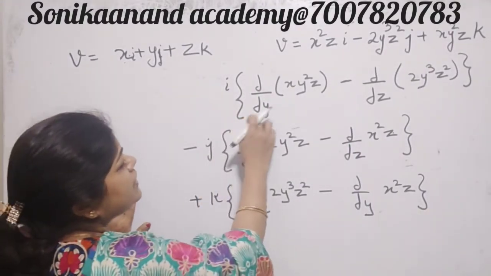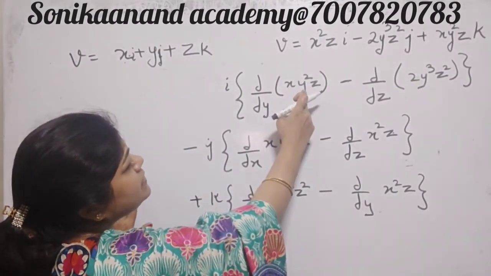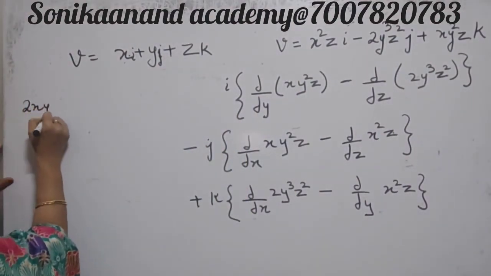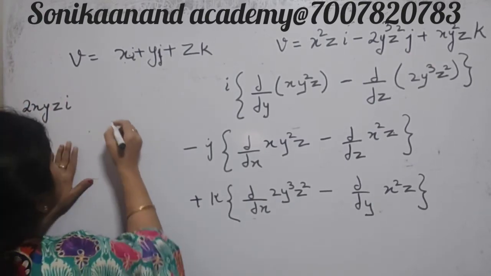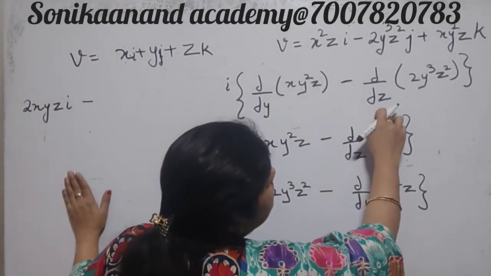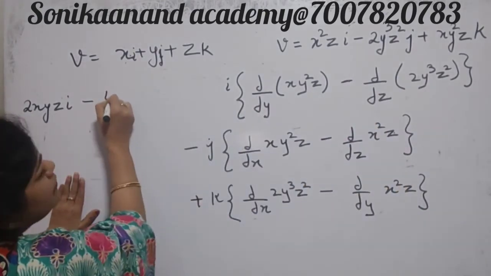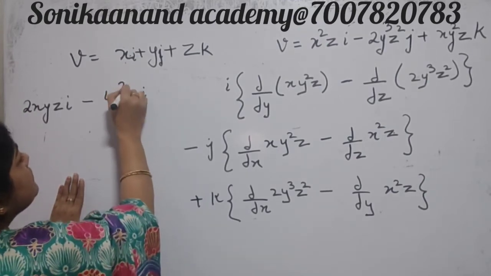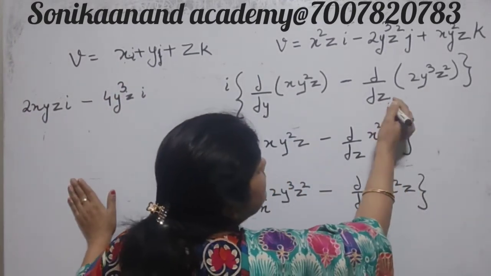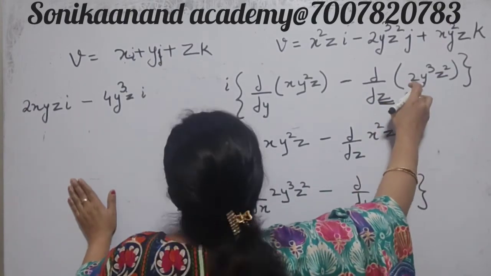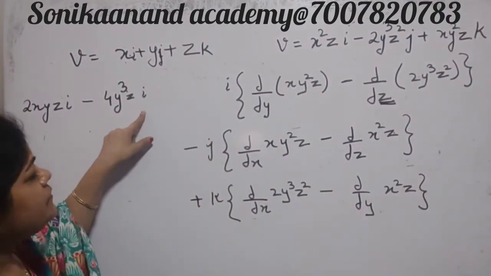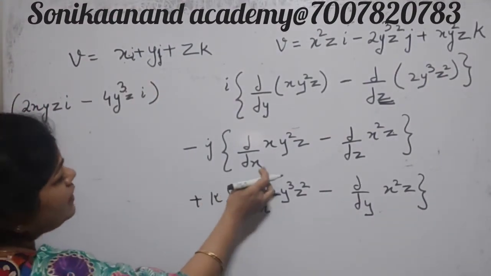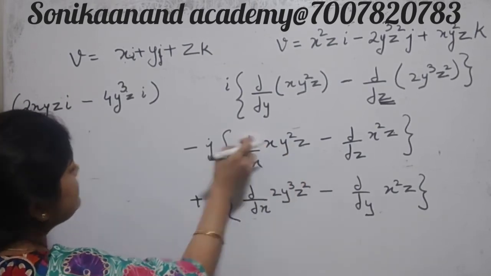So when we differentiate in terms of y, we get 2xyz into i, then minus dz. 2 2s are 4, y cube z i. With respect to z, the 2 2s are 4, y cube z i. Then minus, it is in the bracket, minus. In terms of x, y square z